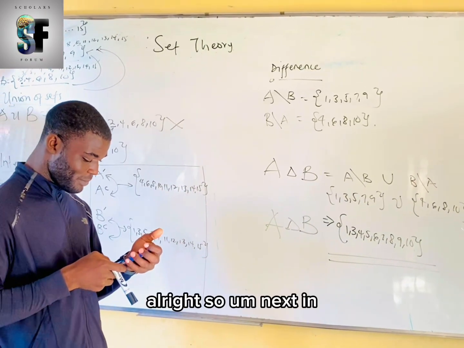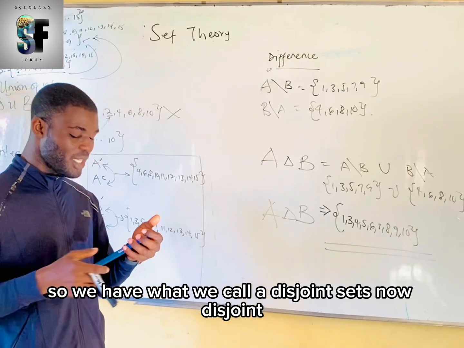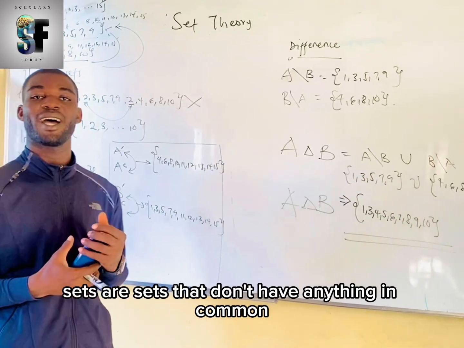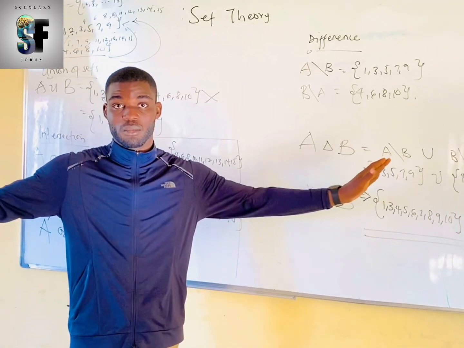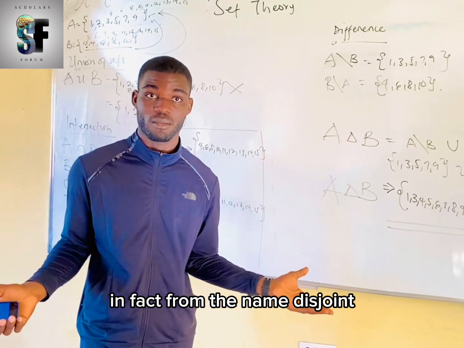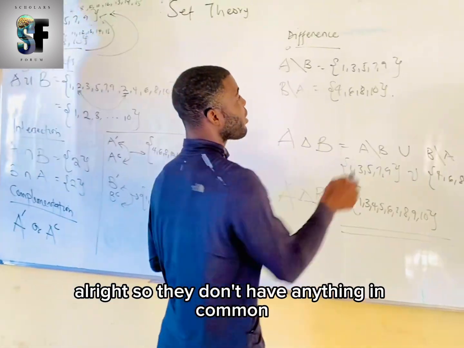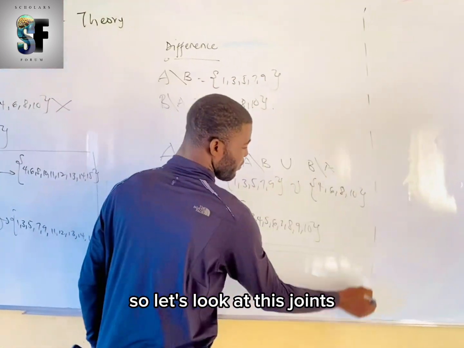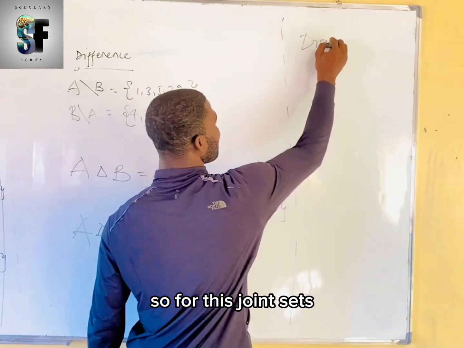Alright, so next in sets we have what we call disjoint sets. Now disjoint sets are sets that don't have anything in common. In fact, from the name, disjoint. Alright, so they don't have anything in common. So let's look at disjoints. So for disjoint sets,